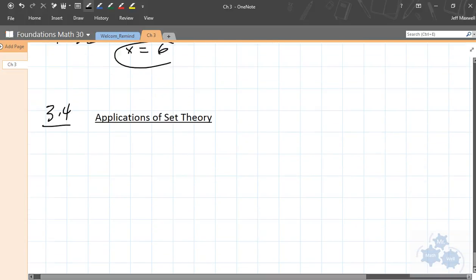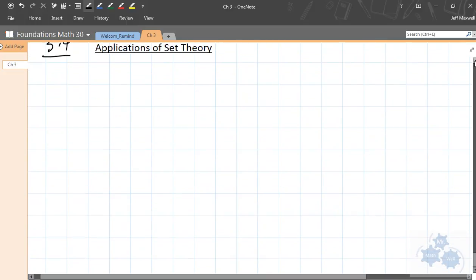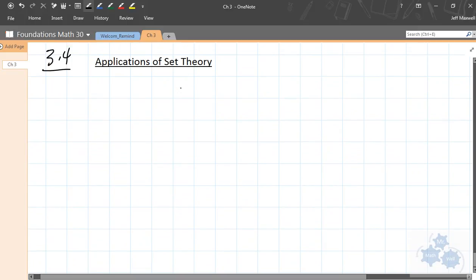I'm going to show you both methods here in 3.4, which is applications of set theory. The big difference with 3.4 is that we have 3 subsets in our Venn diagrams now. We've been primarily working with just 2 subsets. So we're going to work with 3 subsets in some of these questions. And I'll start off with